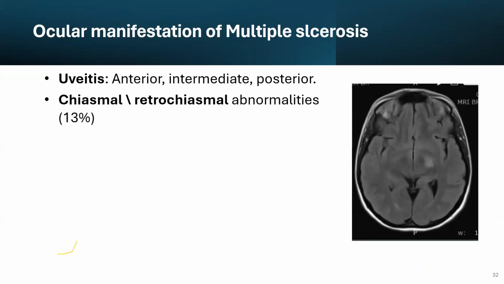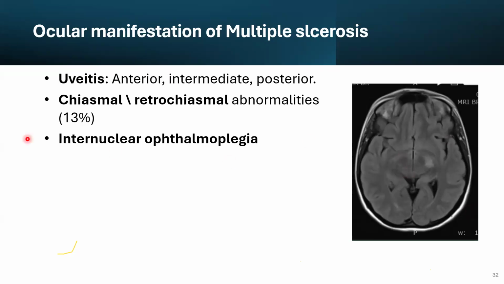Multiple sclerosis does not cause only optic neuritis. So if you see a patient in the ER with acute visual loss, with a background of multiple sclerosis, don't think only about optic neuritis. It could be uveitis, either anterior, intermediate, or posterior. Just ask your ophthalmologist to come and examine the patient to make sure there is no ocular pathology. It could be chiasmal, it could be an optic tract lesion, as in this example, patients who are coming with right homonymous hemianopia. They can come with diplopia.